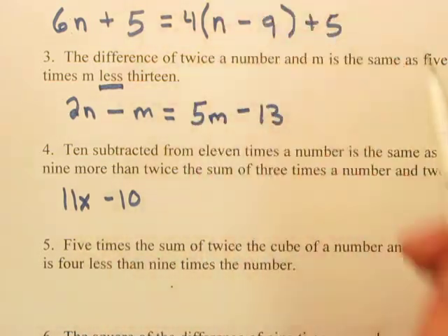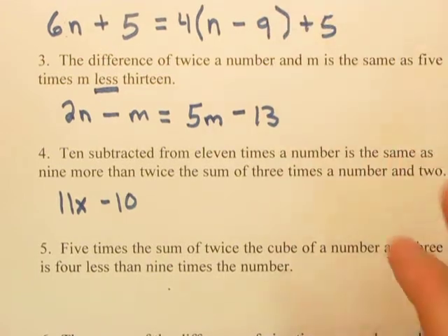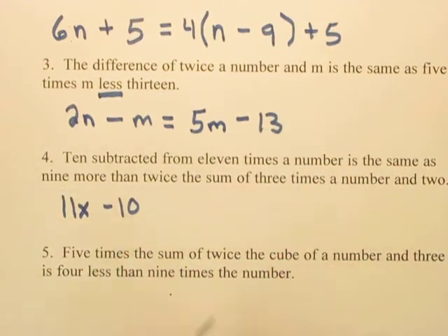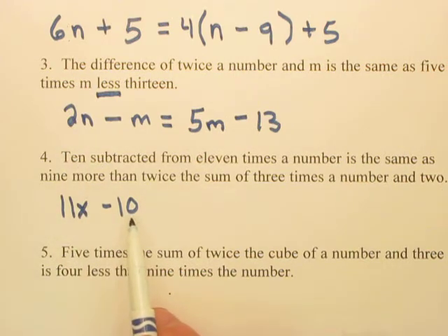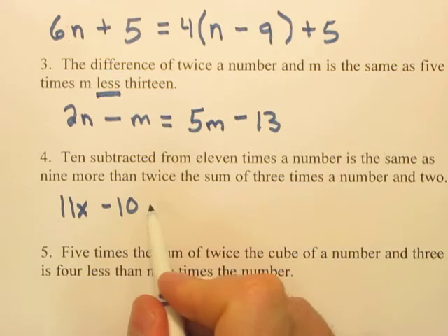Be careful in the directions. A lot of times the directions will tell you what variable to use. On this exercise, it's whatever you want. So as I read this, it says 10 subtracted from 11 times a number. So I call it x. Is the same as